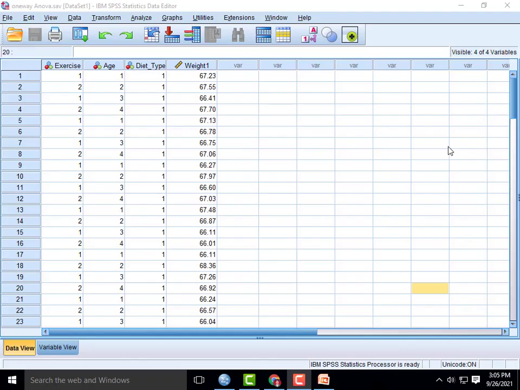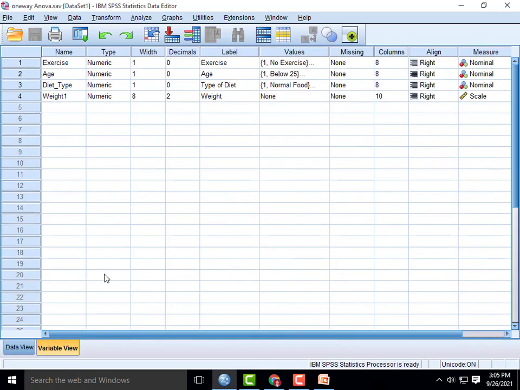Now we are going to discuss how to perform one-way ANOVA in SPSS. Here we have 96 observations about weight and different diet systems.